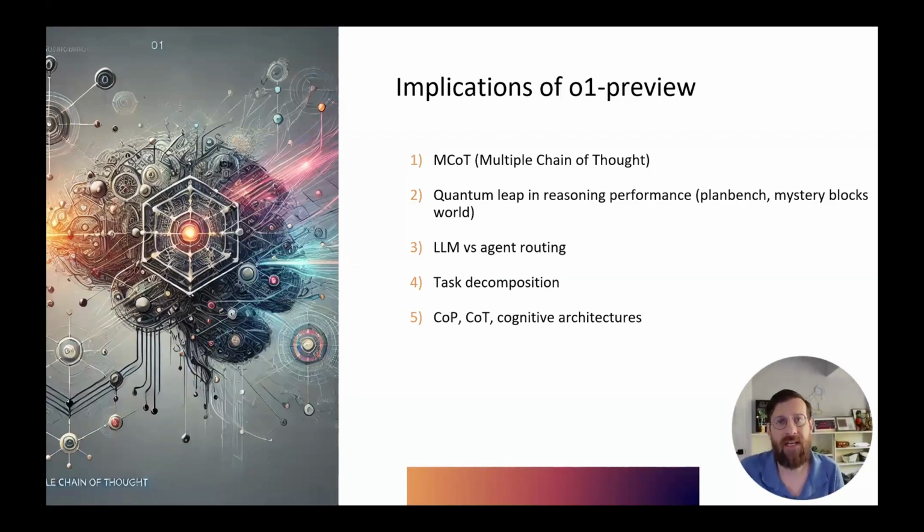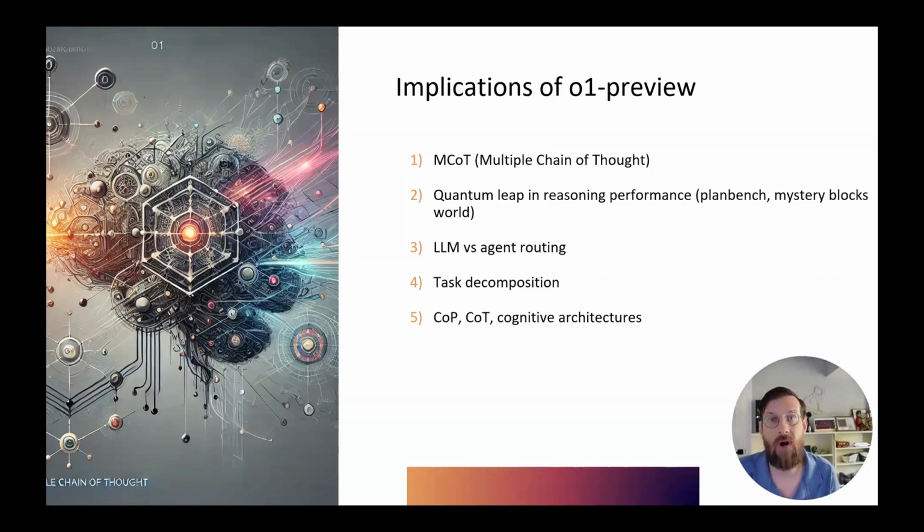Finally, all of this brings us to, how is O1 Preview so successful on these benchmarks? Chain of thought, right? Chain of Python, which is using code to work through mathematical problems, or problems that can be best addressed through code.